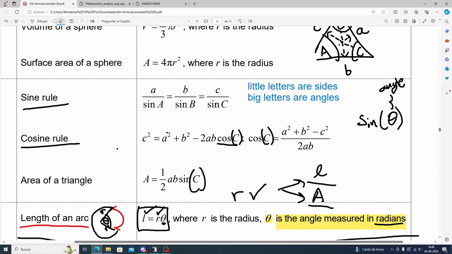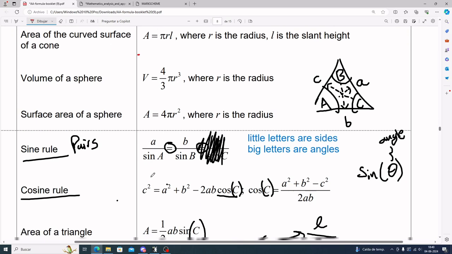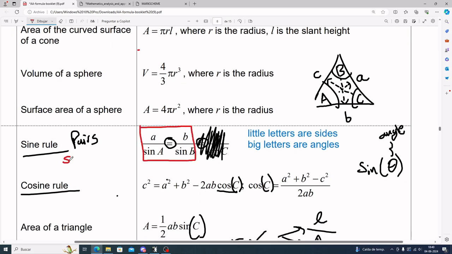And so for sine rule, you need to consider this. Sine rule works in pairs, because of these two equal signs, you can look at it like this, or like this, or like this. Let's go ahead and look at it like this. In this scenario, it works in pairs because really what you need is side 1 divided by sine of angle 1 equaling side 2 divided by sine of angle 2. Now that we understand it as side 1 with angle 1 and side 2 with angle 2,